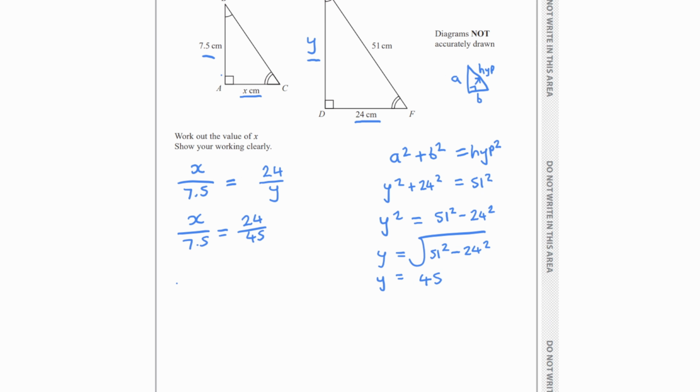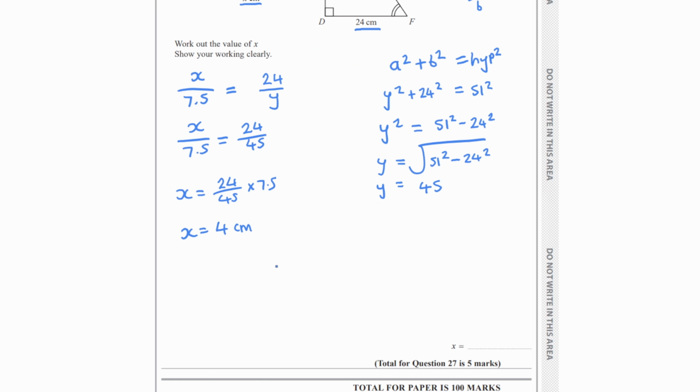Then I'm going to multiply both sides by 7.5, like this. So 24 over 45 multiplied by 7.5. Undo that division by 7.5 there. And then I'll plug that into my calculator and see what it gives me. And that comes out an answer of 4. So x is 4 centimeters. I'll just put that down in my answer line. X is